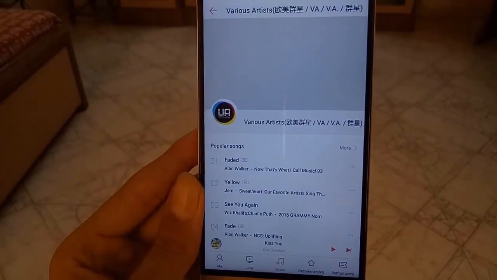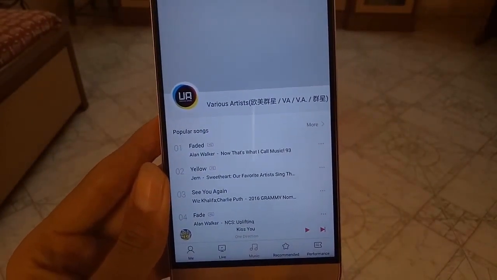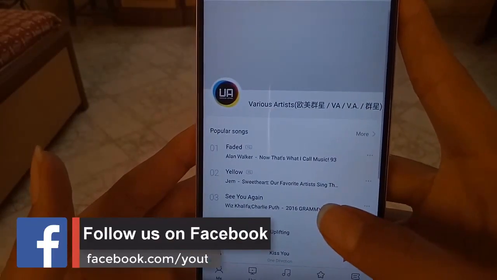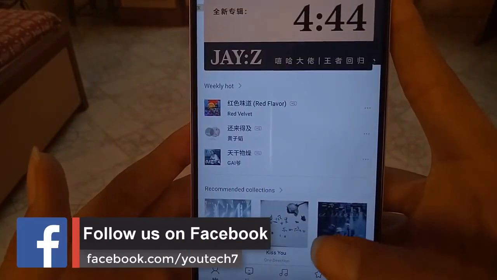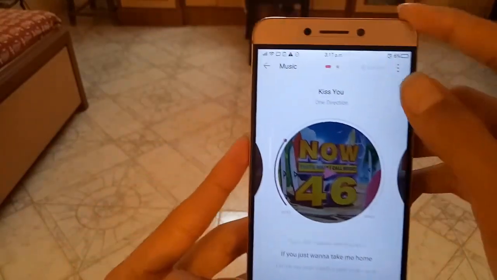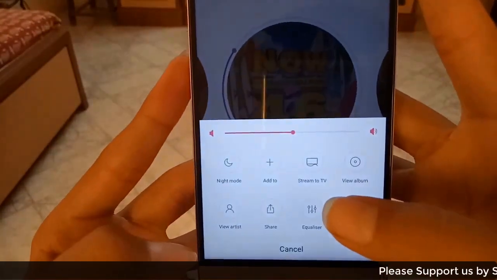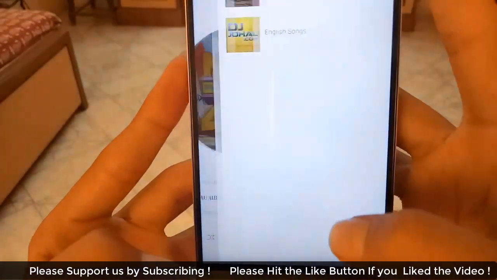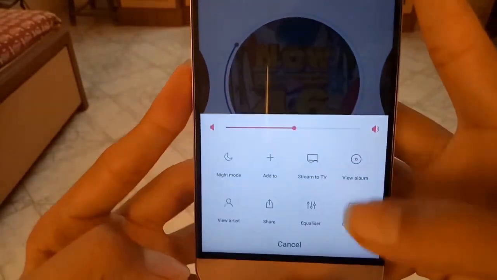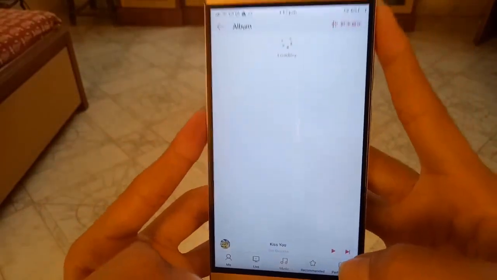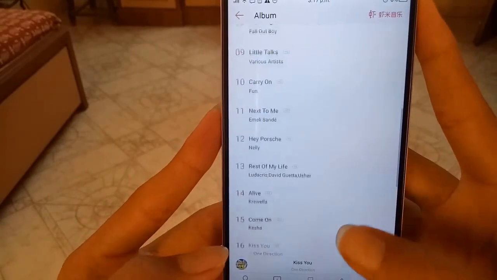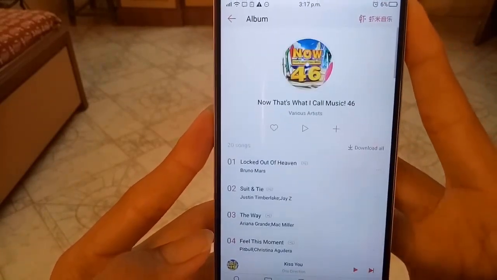The next option is view artist. Whenever you play a song and the name of the artist is present there, you can directly access other songs sung by the same artist, and it is again an amazing feature. The next is a very basic feature which is available in every smartphone, and it is add to playlist. The next feature is pretty similar to the one we discussed earlier, and it is view album. You can access other songs available in the same album, and it is also a cool feature, and I think it is available just in the Leeko devices.